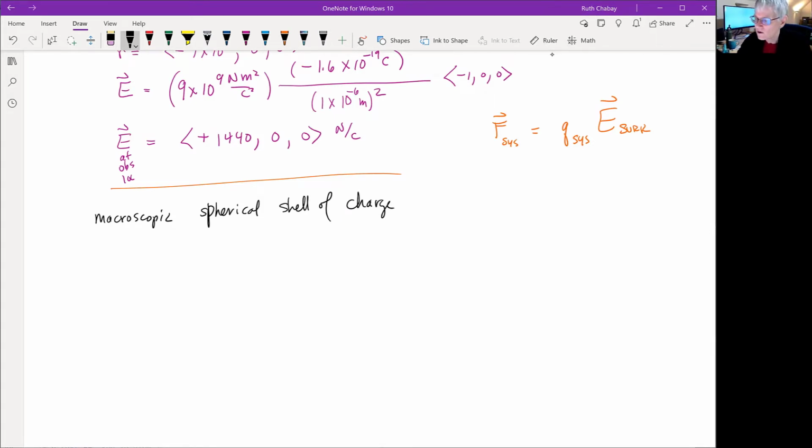It just means that there's one layer. Okay, so you could have a solid object here like a marble, say, a glass marble. And if you had a uniformly distributed charge all over the surface of this object,